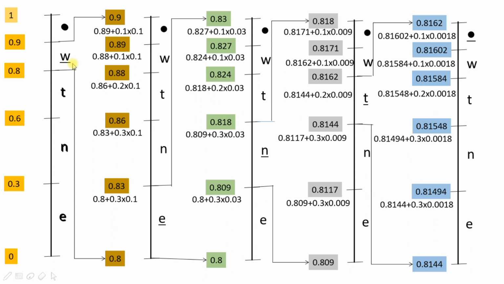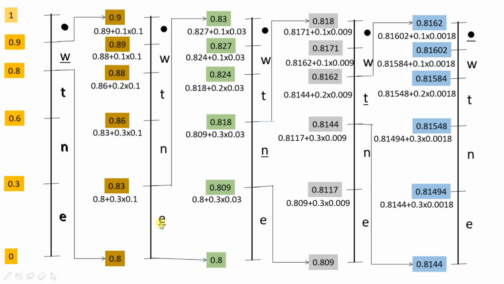Now the first character in the word to be transmitted is W. Therefore, you can put one underline for W, which indicates this probability range is going to be divided into 5 different intervals. The lower bound of W is 0.8, therefore in the next stage this 0.8 will come here. The upper bound for W is 0.9, therefore this 0.9 will come here. So now this range 0.8 to 0.9 will be divided into 5 different intervals. The task of arithmetic coding is, for each character in each stage, to find the lower bound and the upper bound for each character.